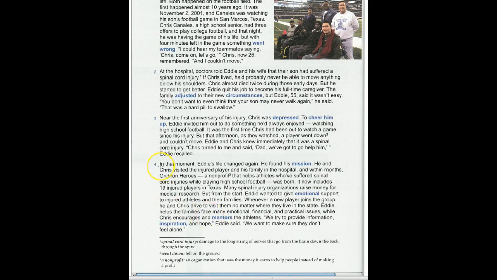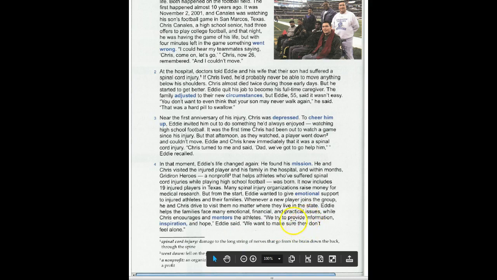"In that moment, Eddie's life changed again. He found his mission." Okay, so his life changed again. He found his mission. "We try to provide information, inspiration, and hope," Eddie said. "We want to make sure they don't feel alone." Okay,